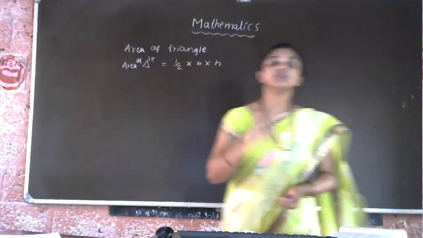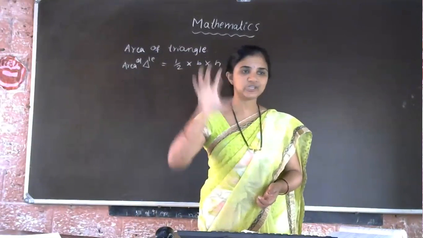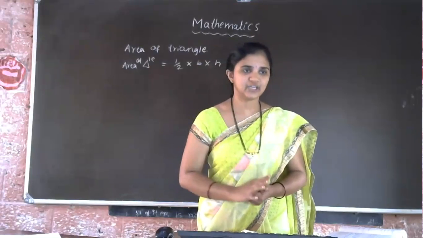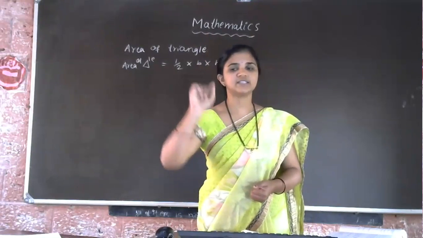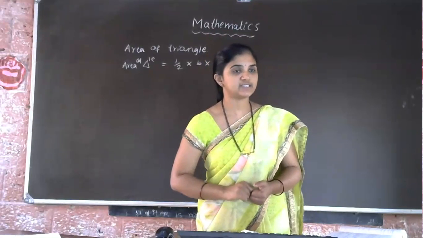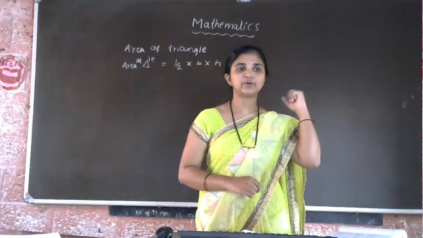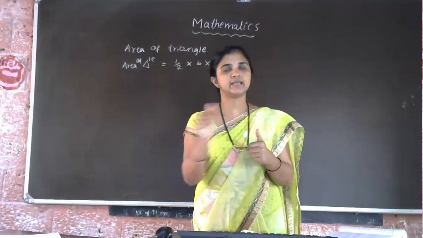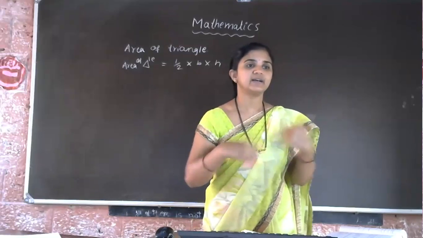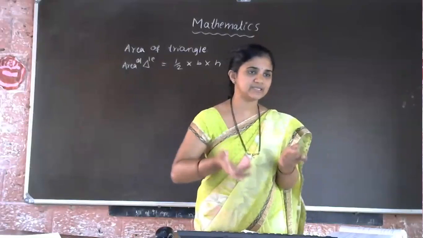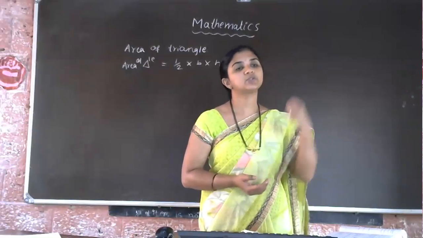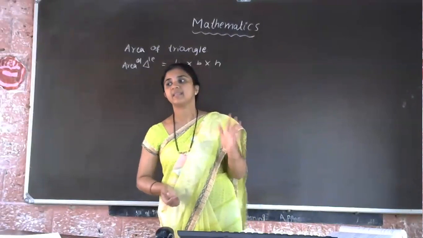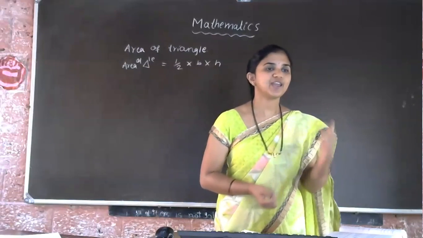So now we have the triangle in the Cartesian plane. Okay, Cartesian system. If the three vertices are given, then how can you find out the area of the triangle? Half into base into height. Base length we can find out. Height is unknown. Sometimes height is given, sometimes height is not given. So then, if the vertex coordinates are given, how to find out the area of the triangle?